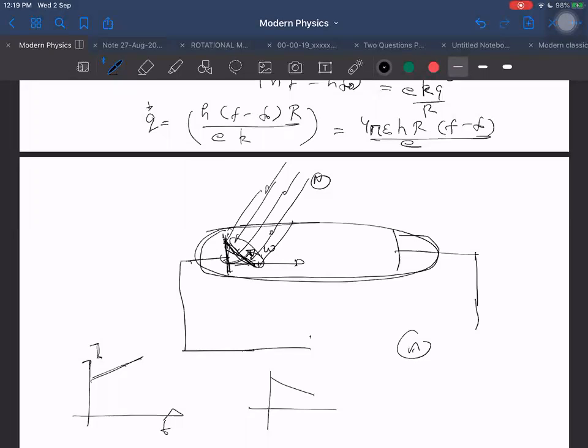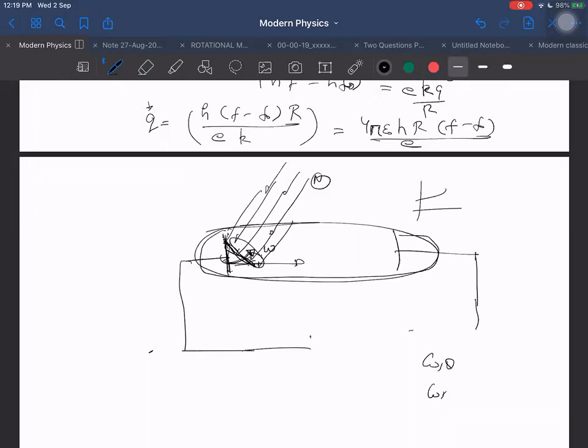So we expect that the intensity will be increasing linearly if omega is varying linearly. If omega is varying as a function of some parabola or something, then I expect this intensity to be changing in a similar fashion. Not similar fashion actually, wait a second, sorry, because it does not depend on omega only. It depends on cos of theta. And theta will be written as, what should I call it? I have to exactly find it out. Okay, let me frame it as a question only, then it will become good. You try to do it yourself.